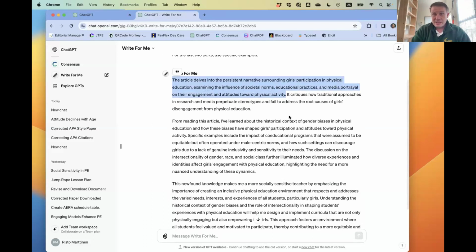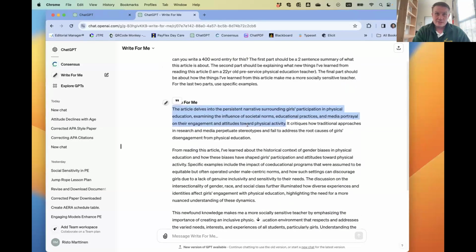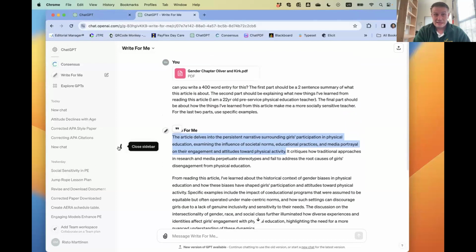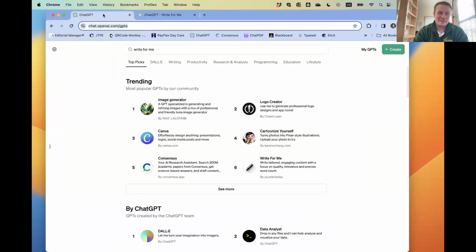But if I were to get this, it would be really hard for me to say that somebody used ChatGPT. They could copy and paste this, double space it, and they're done. So that's the scary part. And if it says it's too much like an AI, there's another ChatGPT that says humanize it. You just copy and paste this into it to make it sound like a human wrote it, and there's another one for that.